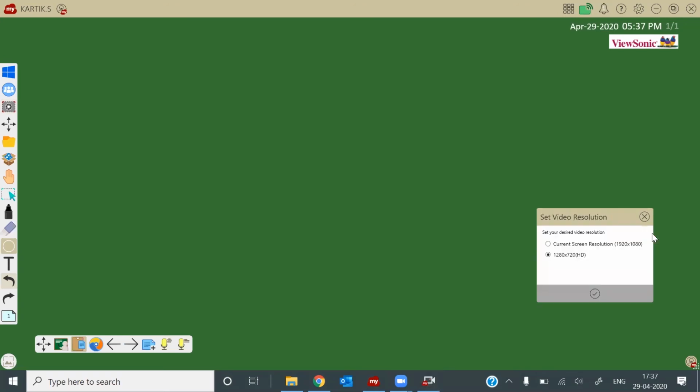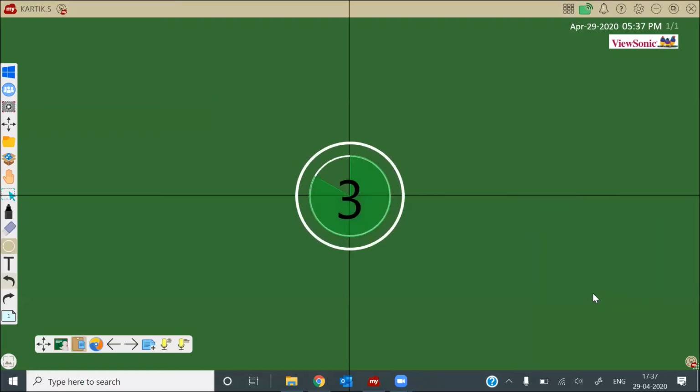Now I will introduce you to the recording option features. If for some reason any student misses a class, the whole lecture can be recorded on our MyUboard. We start with the capturing tool. In that you will find the screen recording option. Select this screen recording option, and then you have the option to select the resolution. You have two resolution options. After selecting the resolution, the timer will come, and after the timer finishes, the recording will start.